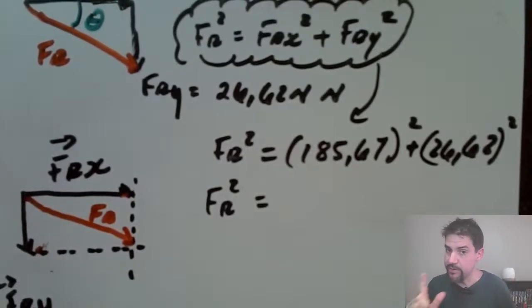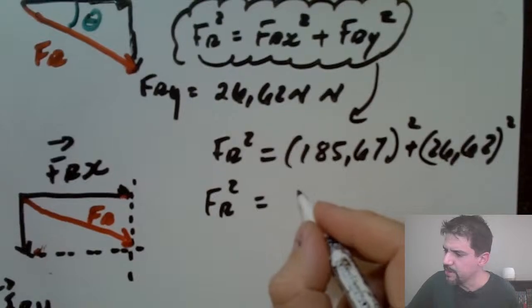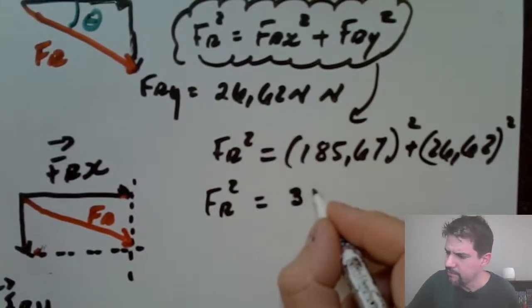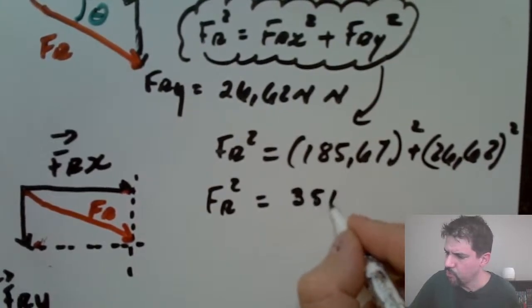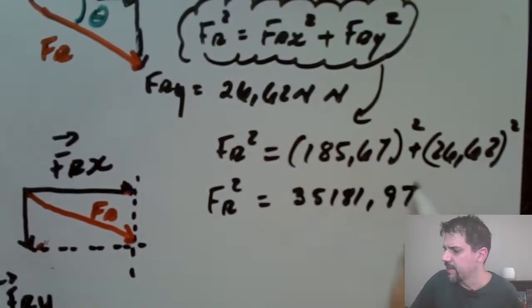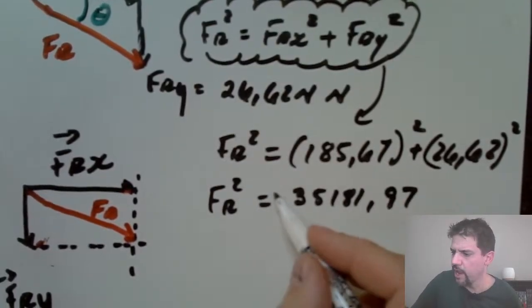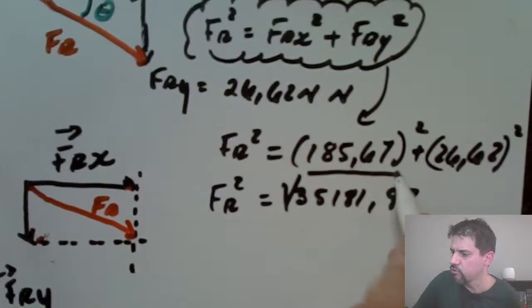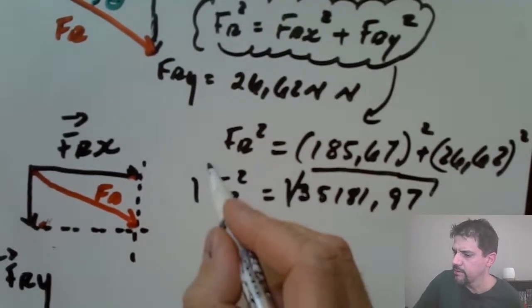Note, not the final answer. I'm still doing steps. This one gave me 3,5181,97. But now this is the square, so we have to actually get the square root of that answer, and